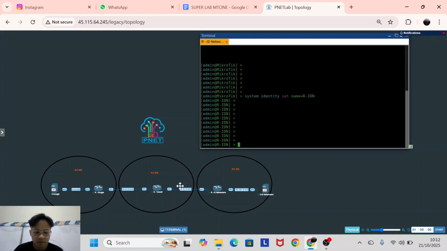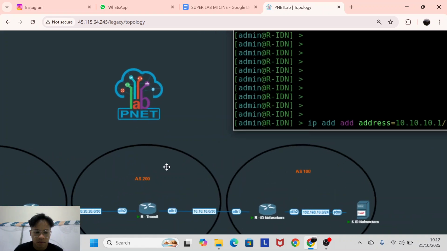Okay, everything here, we will use a basic configuration. We add an address for our transit, so we have to connect to our ISP now. We register it, yes, it's 10.10.10.1/30, and in transit I will give it .2, interface ether1.